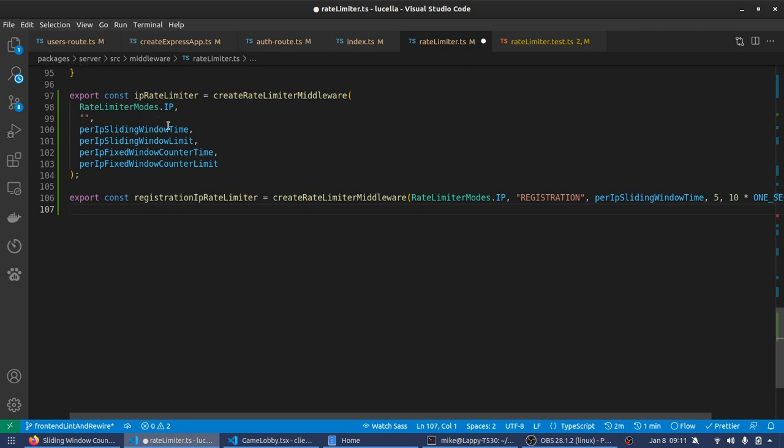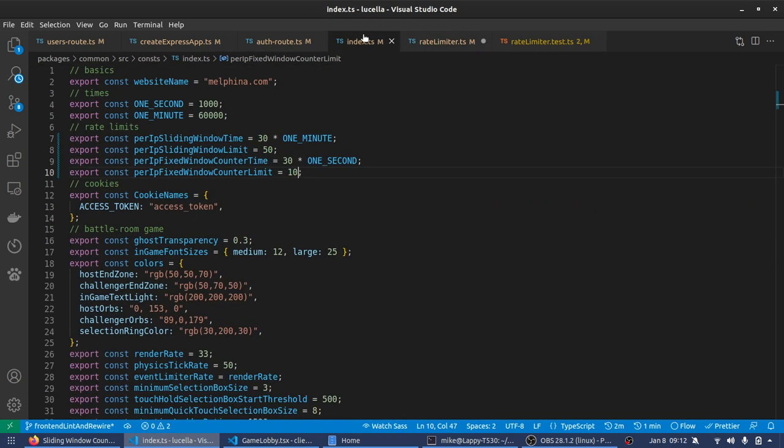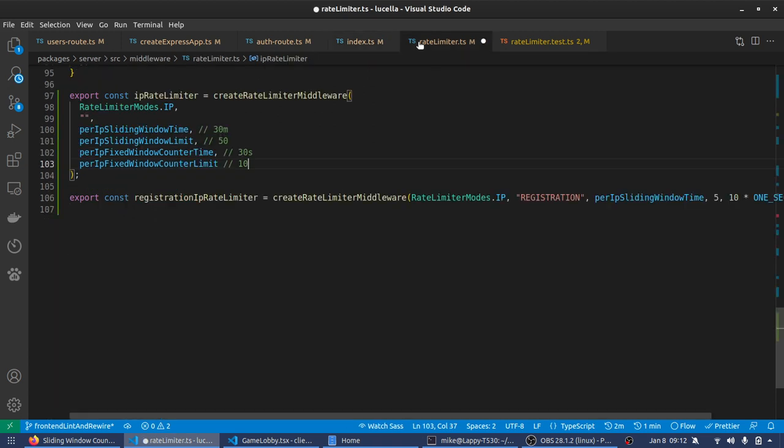Okay, so then the next thing you want to choose is how long do you want your sliding window to be? And I'm using 30 minutes for mine. And then the next you want to say how much do you want to allow in that time period. I think I'm using 50 here. And then you want to choose your fixed counter. How small of a time period do you want your fixed counters to be? I'm using 30 seconds. And then how many requests do you want to allow within that smaller time period? I believe I'm using 10, but actually we can just go look. Yeah, I'm using 10. So I just define these constant values somewhere where I can configure how I want my